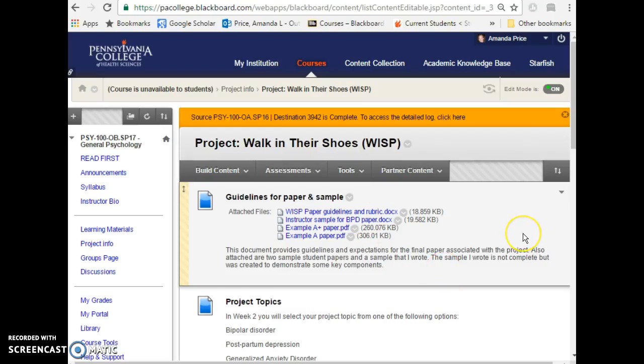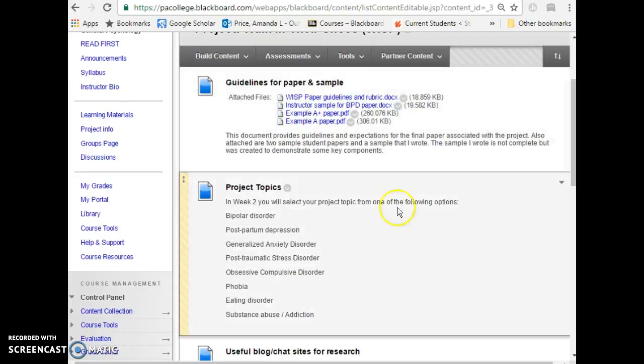Once you have an understanding of the goal of the paper and the project, it's time to think about what particular topic you would like to dedicate your time. One thing is I do ask that you choose a topic that is a condition you do not personally experience. If you have a loved one who's maybe dealing with bipolar disorder or substance abuse or any of these, you may choose that